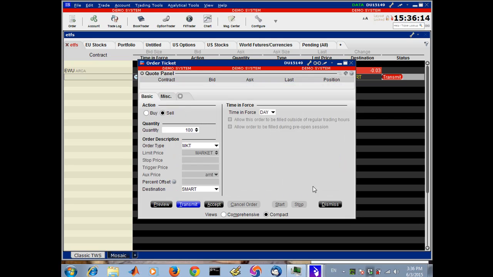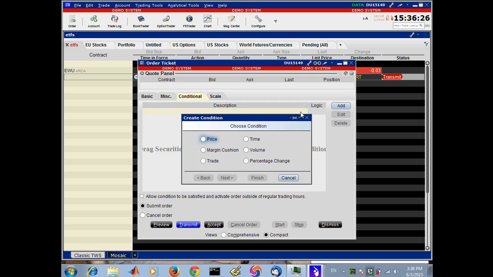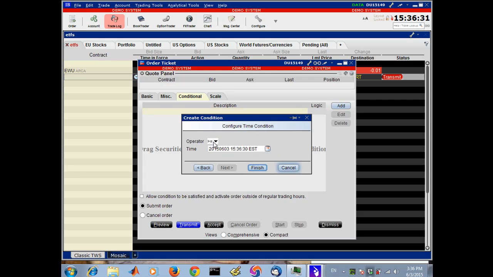Okay. Then we open the order ticket. And in the order ticket, there is a conditional. So now you can do whatever you want here. For example, you can say add a condition on time. So you can say execute this order basically when the time is more than